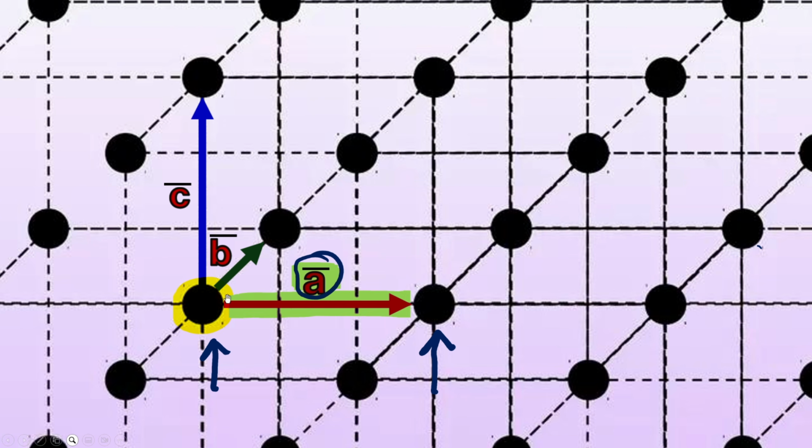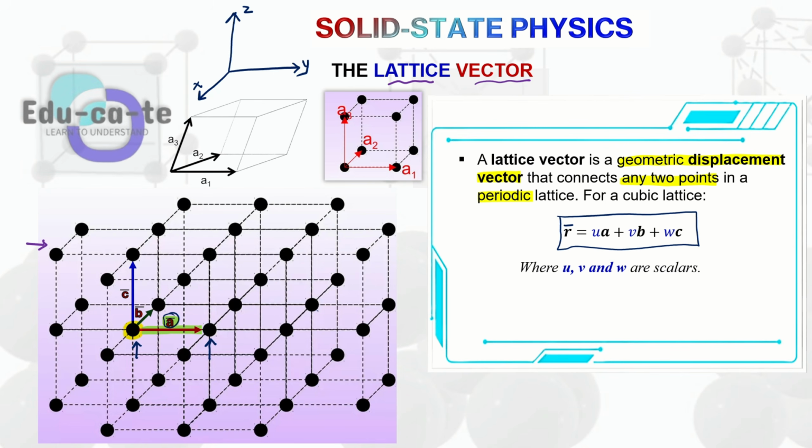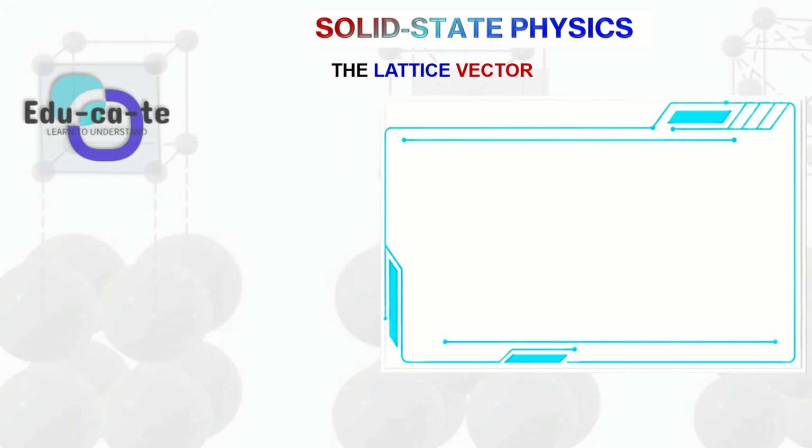And for me to move from this reference lattice point up to this lattice point, I need to move with vector what? With vector C as well. Okay, so this is what I'm actually having here. So from what I'm having here, what can I say? I can definitely say that for me to locate any point on the lattice, I just need to multiply these 3 vectors with a certain scalar. I want us to demonstrate that so that we can see this clearly.